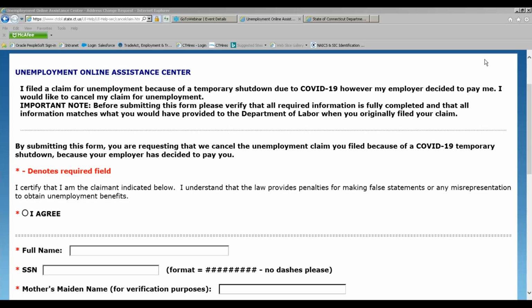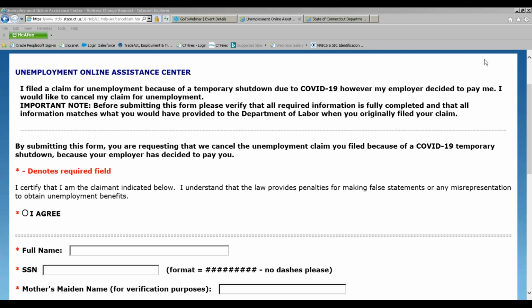My employer told me I could file a claim for unemployment. My claim was processed, and I was paid out for 2 weeks, maybe 3 weeks of benefits. All of a sudden, my employer says, we can pay you for those back weeks, and you don't need to collect unemployment anymore. What we're trying to advise people to do is to go to this online form, review it, and say, if this applies to me, that I don't need unemployment anymore. My employer's paid me for my back weeks, and I just want to make sure that you're aware of this.